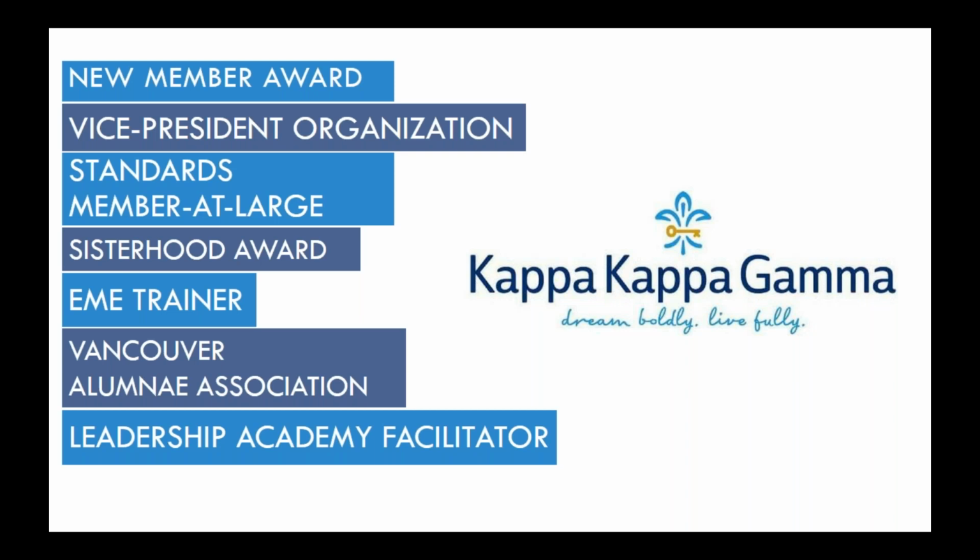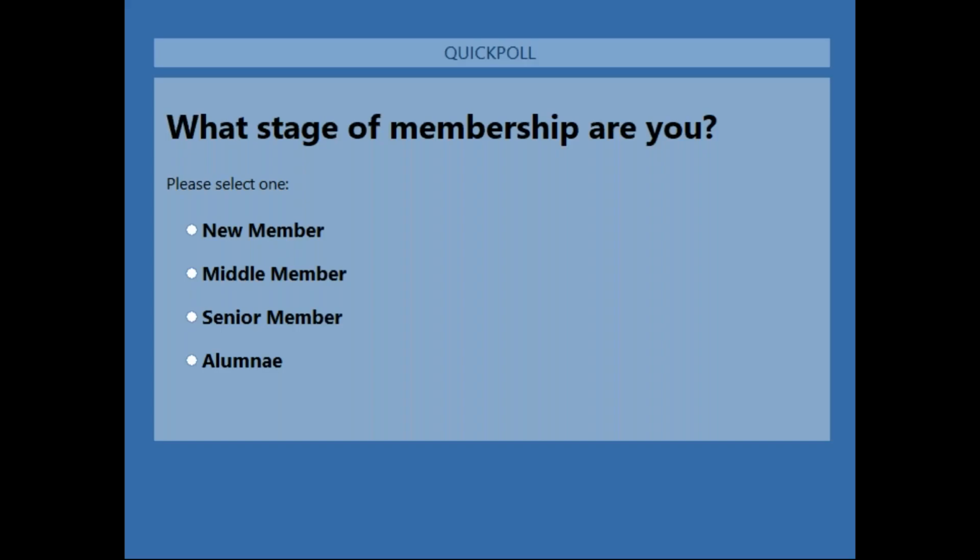So that's a little bit about me, and now I want to find out who you are and who's joined in this evening. And oh, there's Morong. Hello. Yeah, she was part of my chapter. So Lisa's got a poll for us on the screen that I hope she can pull up, and it's just to let us know which stage of membership you're in. So take a moment to fill that in. Everyone should see a choice of radio buttons in front of them. Click on the radio button that matches your stage of Kappa-ness, and then click on submit, please.